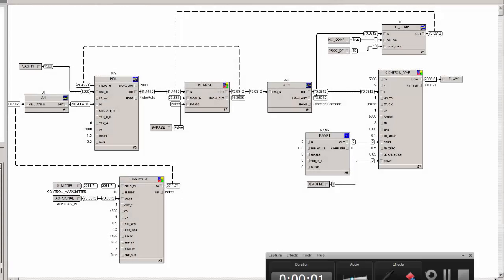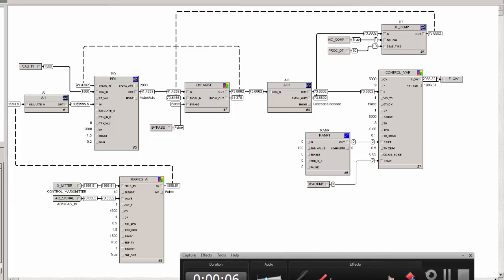So going back to the original control drawing, I have replaced the feedback path with this block here. So that is the estimated block. I've just moved the set point up to 2000 from 500 where we were to stop the hunting and allow